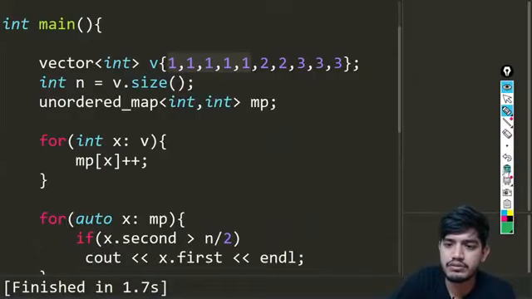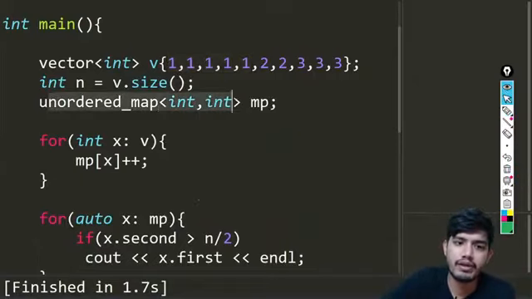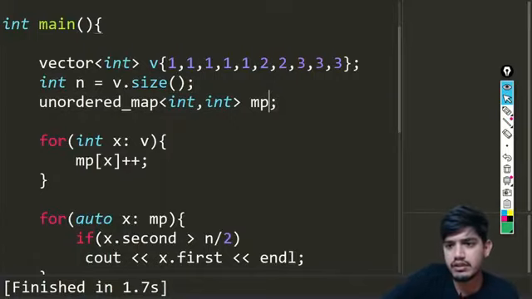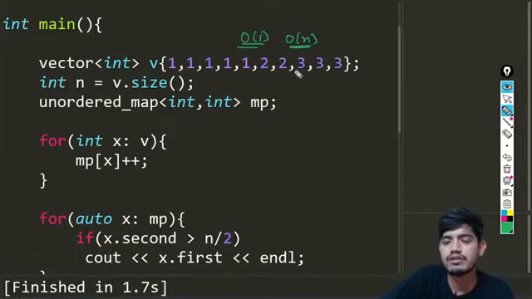So we have used another map, because we just want the frequencies, we don't actually want the ordering thing, so we just use this other map. In this, insertion and deletion are all order of 1, and for n elements you'll be getting order of n for insertion, and for checking you will be getting order of 1.